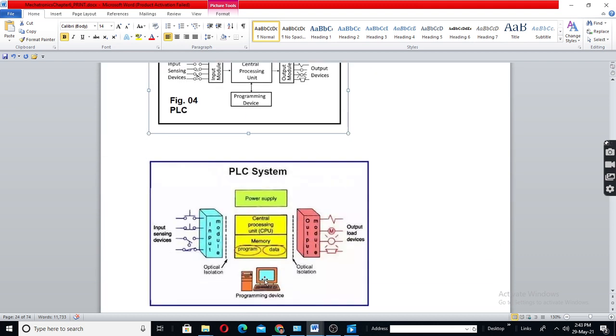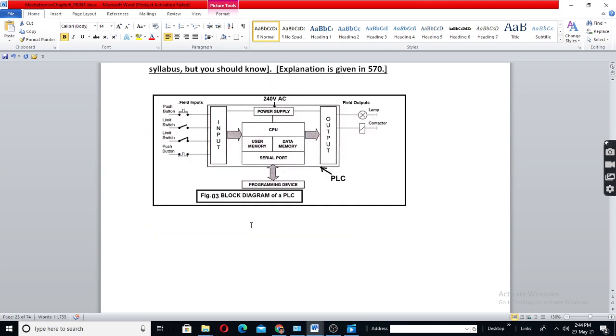There are other programming devices also, which are called handheld programmers. But nowadays it is done by a laptop or a computer which has the required software. And through the serial port, the program will be fed into the user memory,